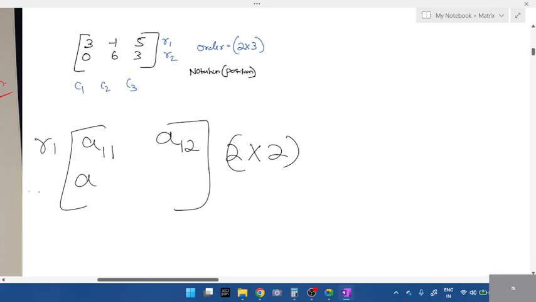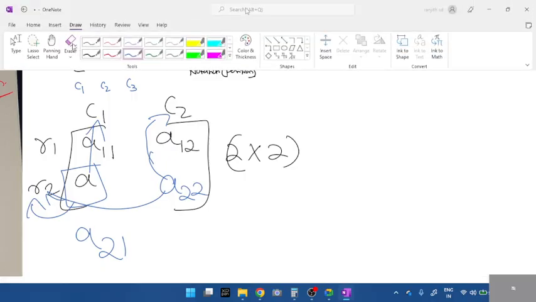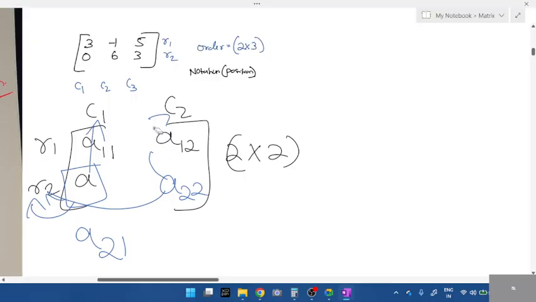See, if you want, write R1, R2 and write C1, C2. Yes. How do you check this, students? Same like trigonometry table. How do you check sine, cos, tan? Same like that. A. Where is A? With respect to row, which position? Yes. A, 2. With respect to column? Very good. Next. Here. With respect to row, which one? 2. With respect to column, which one? 2. Is this clear? So you're right. Completed. This is 2 by 2 matrix.